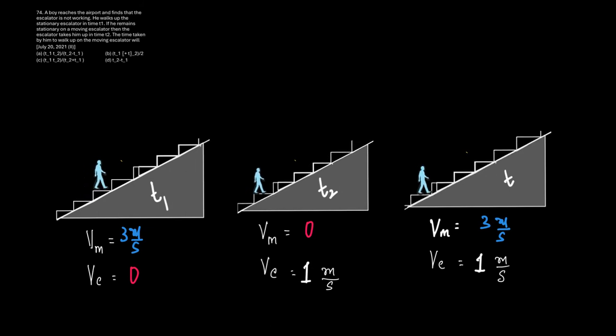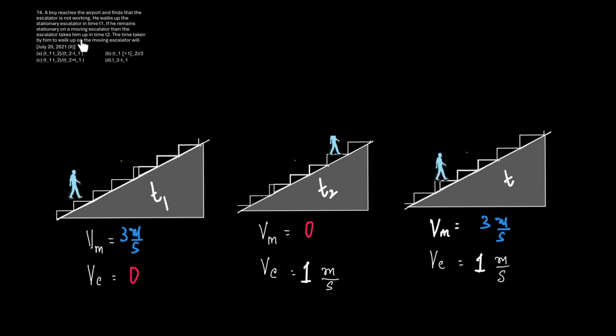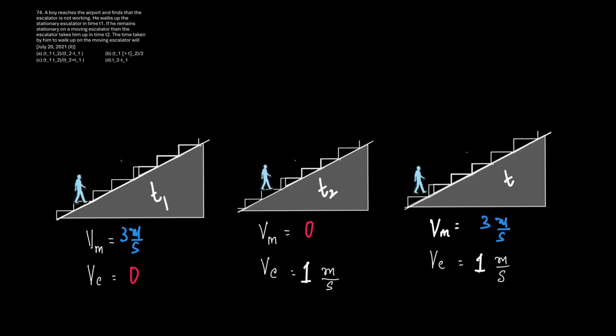If he remains stationary on a moving escalator, then the escalator takes him up in time t2. The time taken by him to walk up on the moving escalator is t. So,